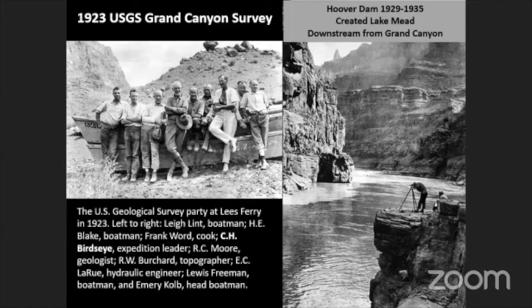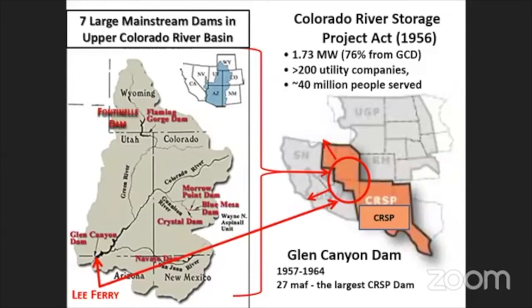So they ran an expedition in August through the river corridor, took many photographs that have been quite useful in terms of understanding change in the ecosystem. Quite a remarkable expedition to accomplish. Now, in 1956, another law was passed, the Colorado River Storage Project Act, or CRSP it's called,